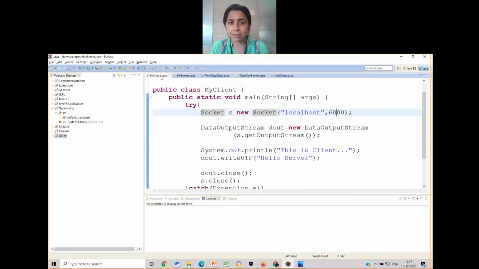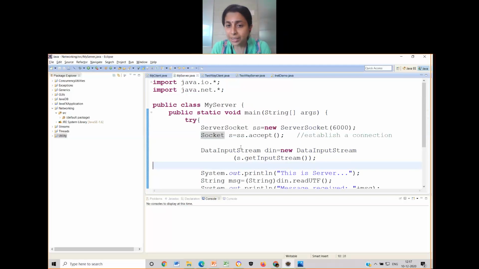Output stream. Yes, definitely there has to be an output stream. So accordingly, I will just map it. Data output stream, and I have created an object of that. New data output stream, using the socket that is created, I will call a function called get output